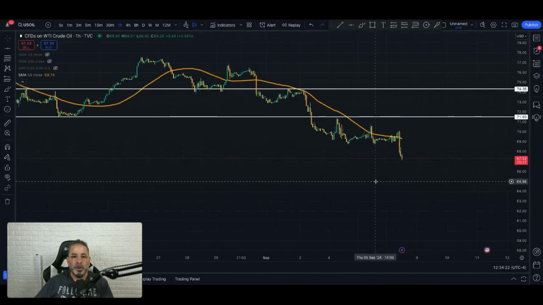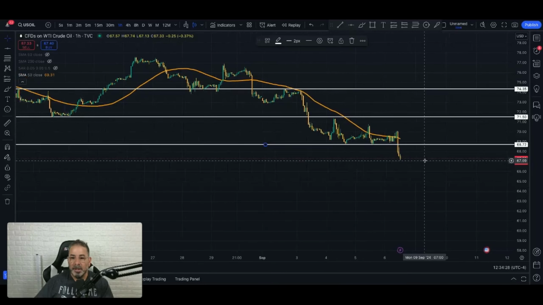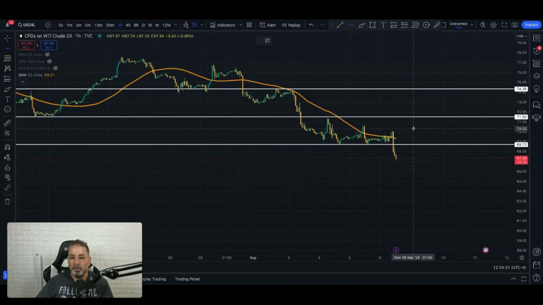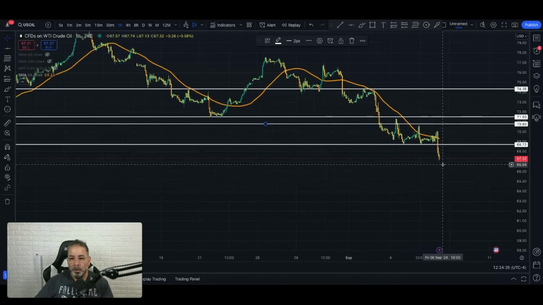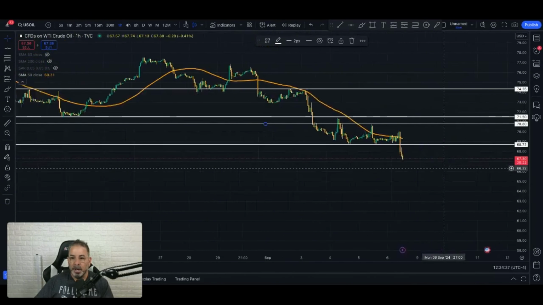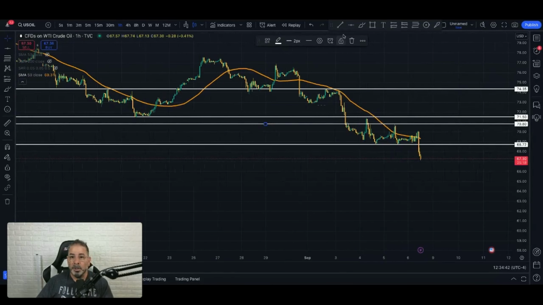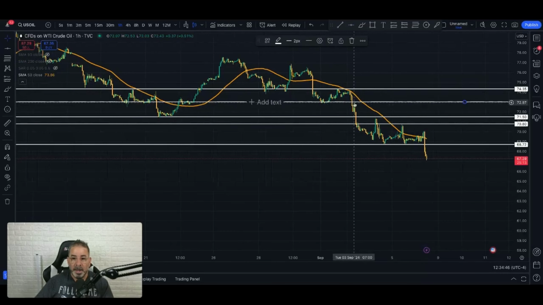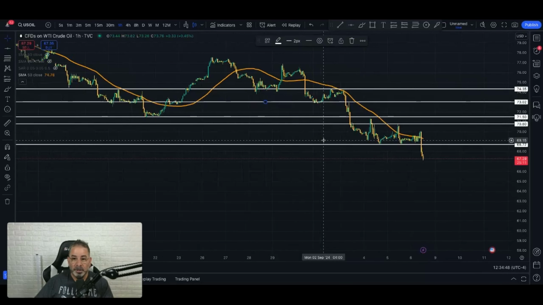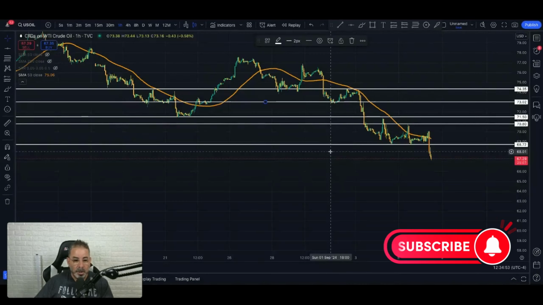So first thing we want to start doing is, if you want, put the moving average. Next thing we want to start doing is plotting where price has reacted from. Wherever you see price has reacted. Now, obviously we're all the way down here now, so we're not going to put a bottom level because we really weren't interested in bottom levels. We were only interested in top levels, preferably where you see a floor and a ceiling. Those are ideal.